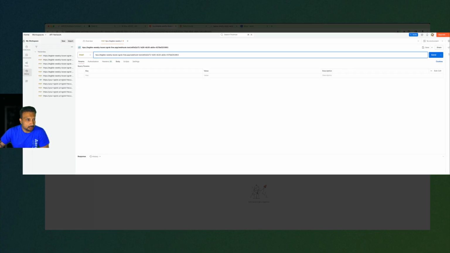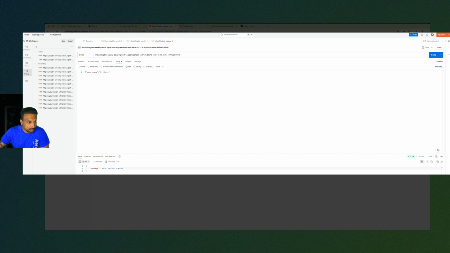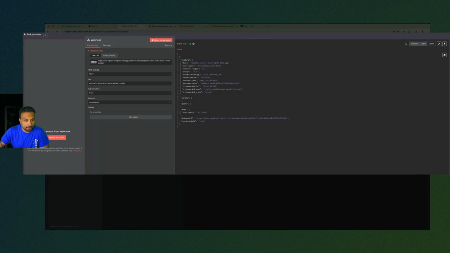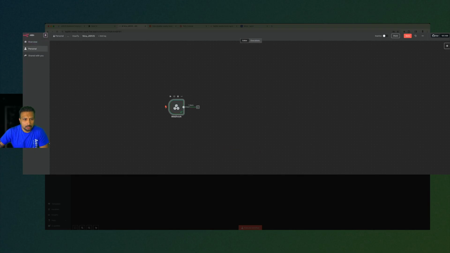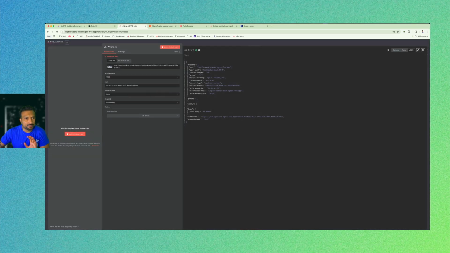Okay, in the body I'm going to send workflow was started. Now if you go to our workflow back, you got a user query, and this is what is required to talk to our n8n workflow using webhooks. Now the next part, once you got this, save. All right, so we are going to add our AI agent over here. At this point we have our